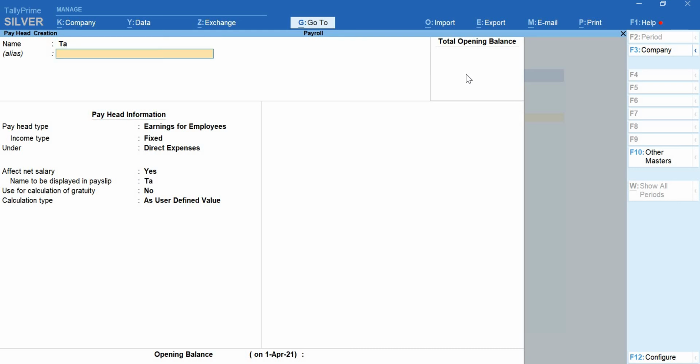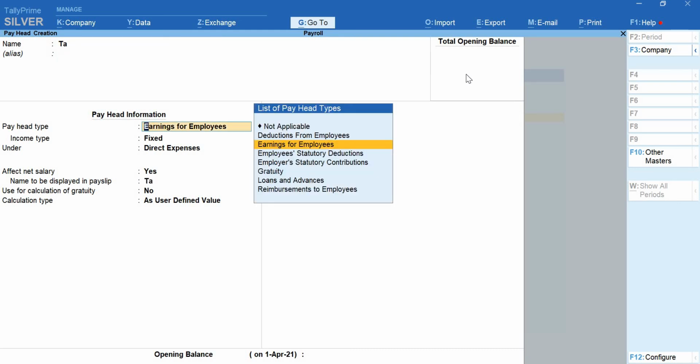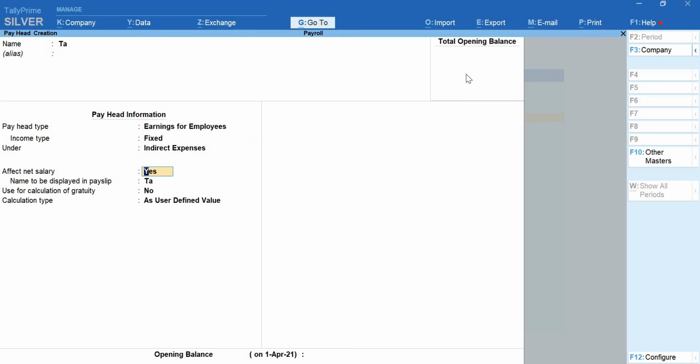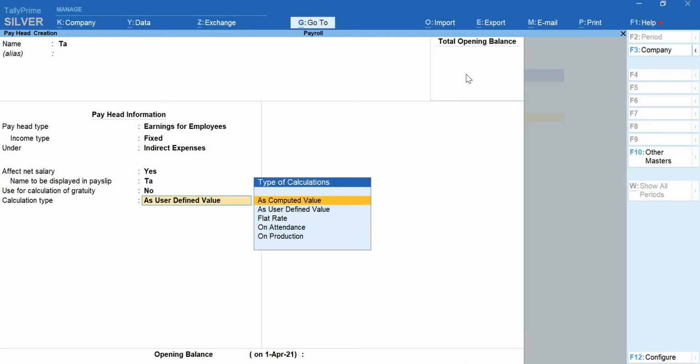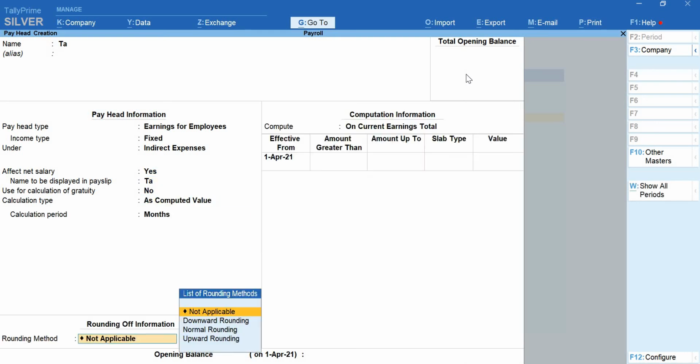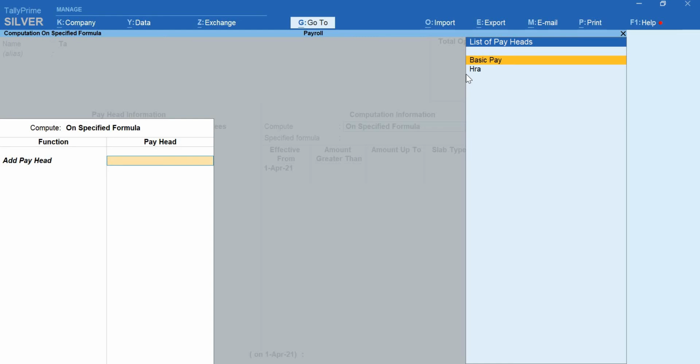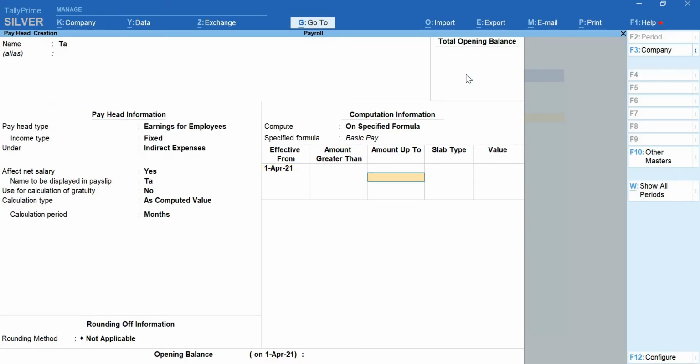And next we'll go with TA, traveling allowance. Pay head type is earning for employee, fixed, under the group indirect expenses. Calculation type is again as computed value. The value should be computed on a specified formula. The formula is again the list of pay heads, select basic pay. On basic pay, I'll give 10% as traveling allowance.